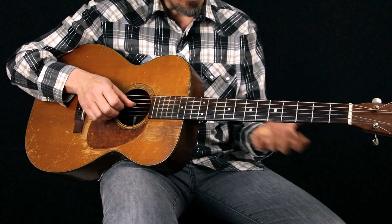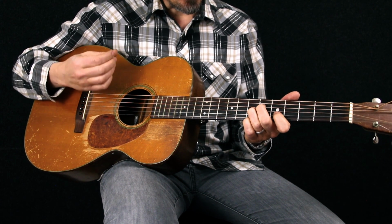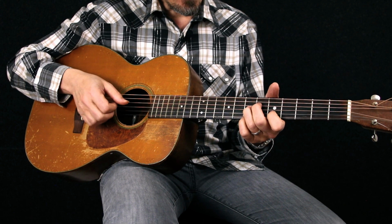So what can we do to play over this? I remember working on this and learning this the first time and being sort of frustrated because it felt like every time I was at the beginning, I had to play the signature lick from the tune. And I was like, well, how can I improvise on how to play variations on that? And one of the best ways you can get started on that is to go, well, this is E7 to